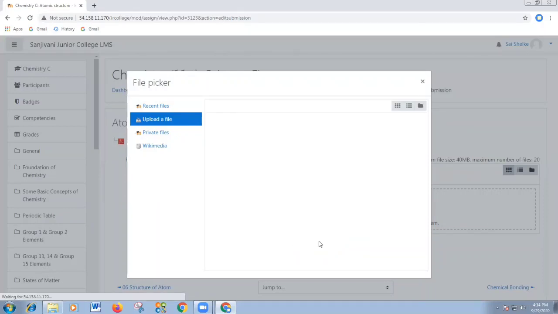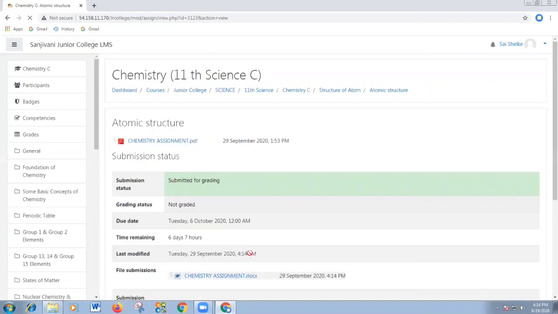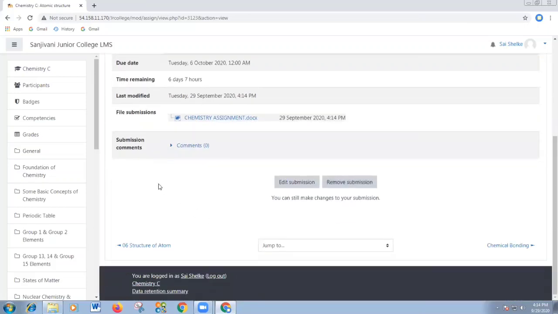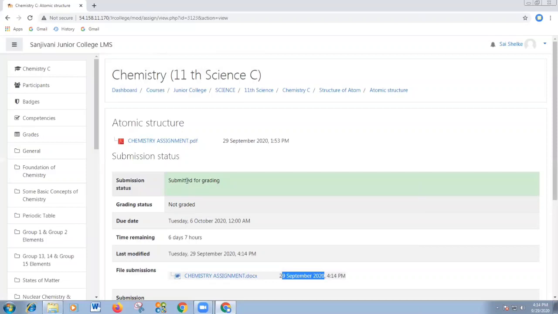I have uploaded a PDF, Word file. You can upload PDF or PPT up to 40 MB. This submission is already there on 29th September. See, right now it is green, submitted for grading.